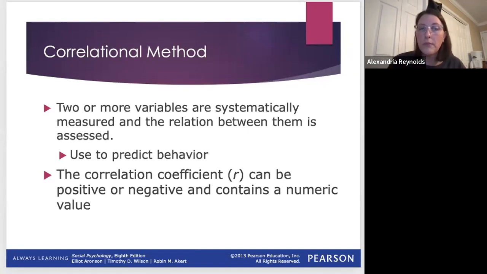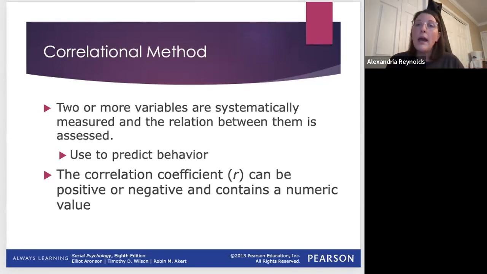It's just a description. So the correlational method is a way for us to do a methodology that's sort of a step up from observation. And sometimes it just makes sense for the question that we're asking. What the correlational method allows us to do is look at two variables to see if they're systematically related. So we measure two variables and then we compare them across each other, and we can do this multiple times to have multiple correlations. And really what we want to see is, can we predict one behavior or one variable